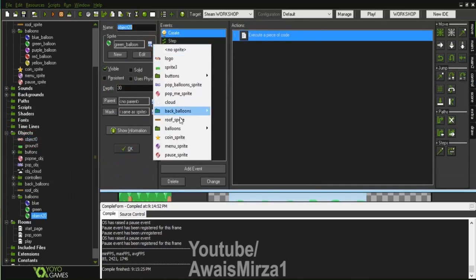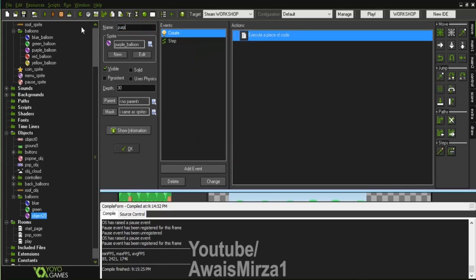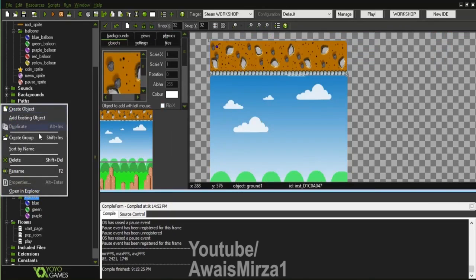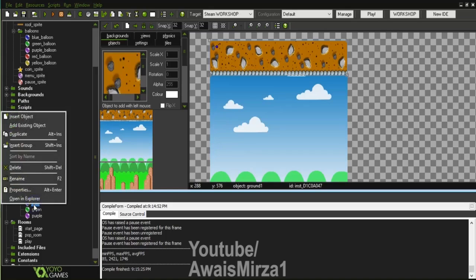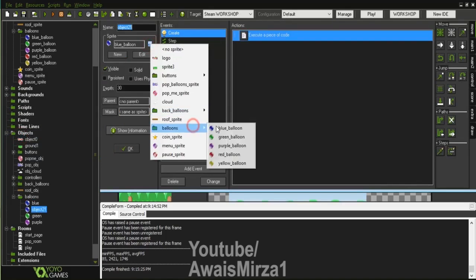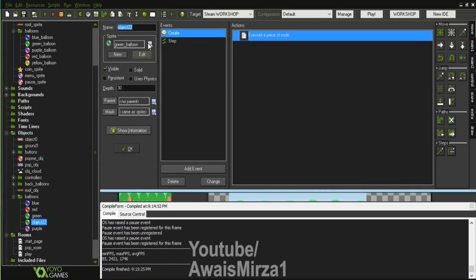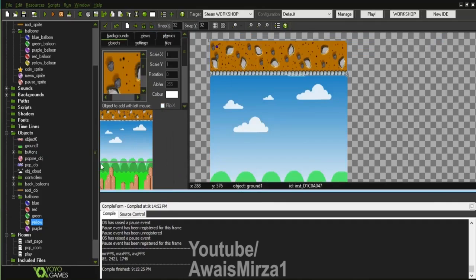So let's add the balloon. We have the purple, and I'm going to select this one, purple, depth again. Balloon, duplicate, blue, duplicate, and we have red, and change its name to red. And the last one is our yellow balloon that is going to have yellow as its name. So we have added all these objects out of those sprites and added few lines of code inside it as well. Let's create the objects for the other sprites as well, like we have a menu sprite, pause sprite, and